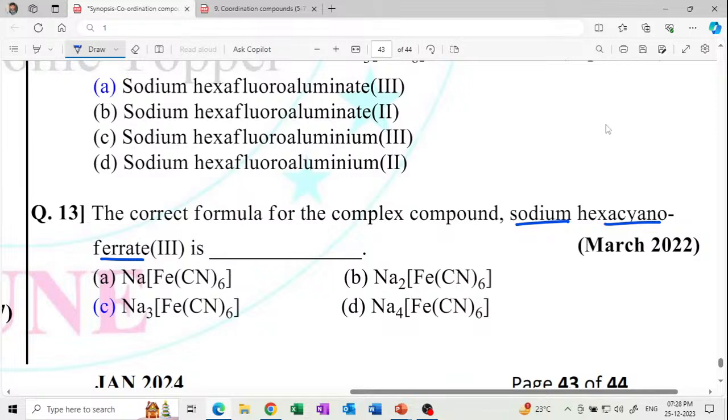Okay, anyone answer? The correct formula for the complex sodium hexacyanoferrate is,